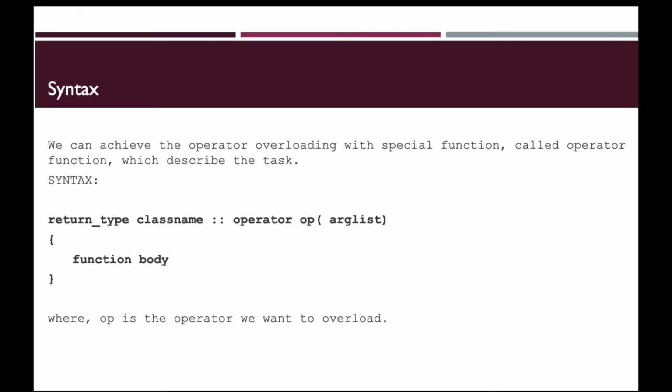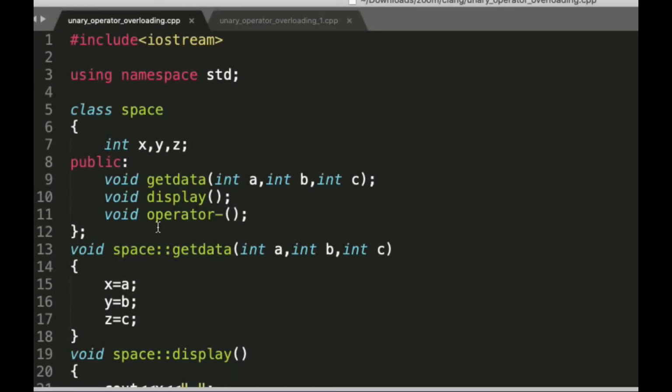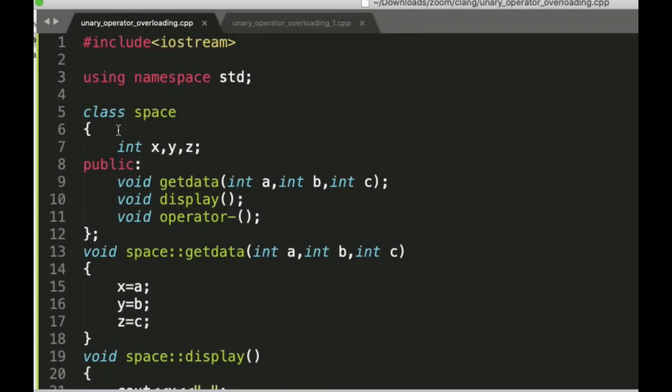So let's move towards the actual practice session of operator overloading. We will open Sublime Text. This is the editor that we are using. I am writing one class named space, and in that space class, space is nothing but something which defines a point. We know that to define a space point we have three axes, x, y and z. So to store or define any space point we need to give three values, x, y and z. We are writing the class for space, because the space data type is not present in C++.